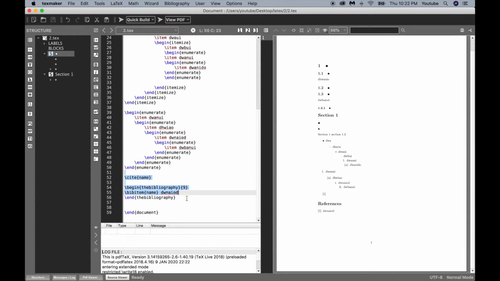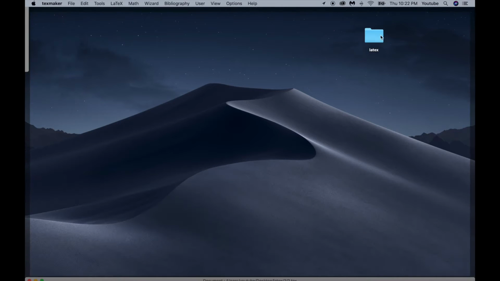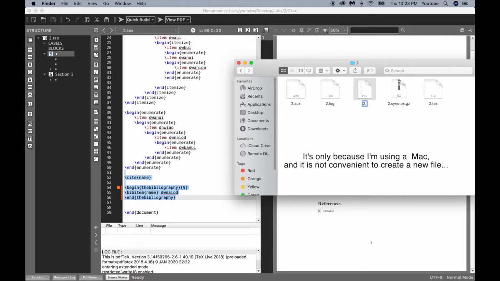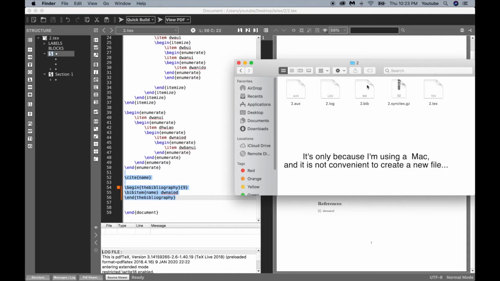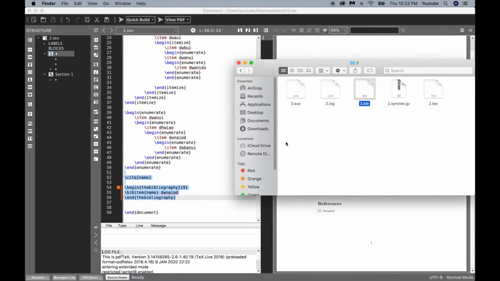Okay, and that's not always a good thing to do because sometimes you just want your file to be organized, and if you're that kind of person, what you can do is you can go to your folder and you want to change the file to, instead of PDF, to bib, and use bib. So what it does is that, let's open it